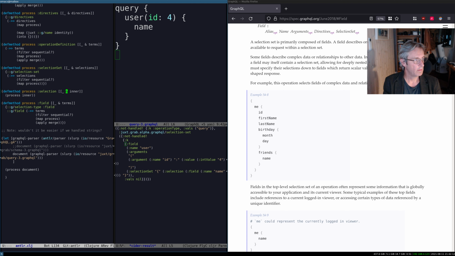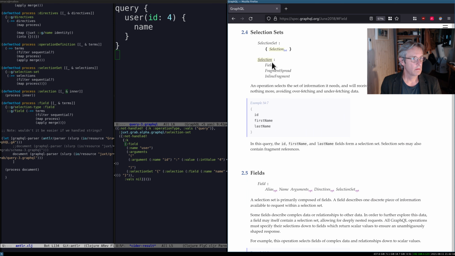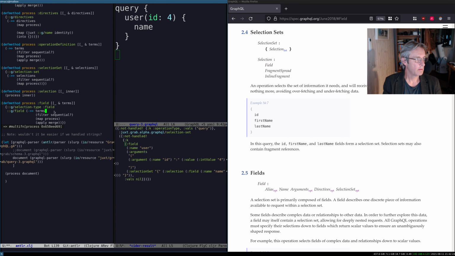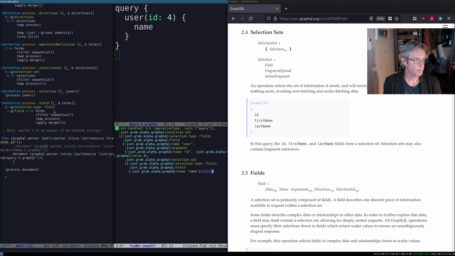Hang on, a selection. It's just going to have one parameter there. Okay, that's better. So we have a selection set. I guess it would be quite nice to return a vector just for reasons,